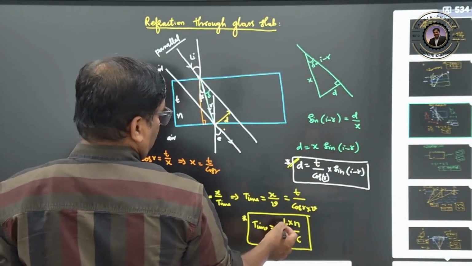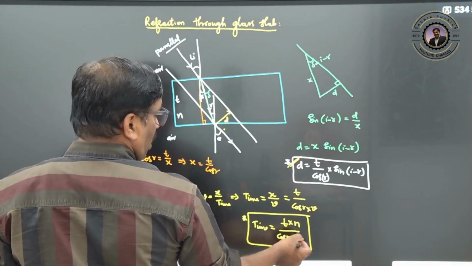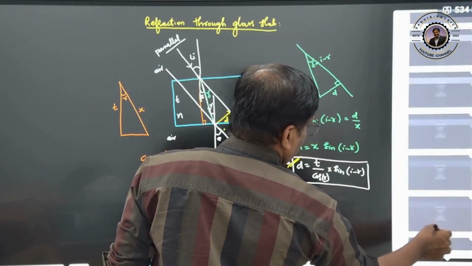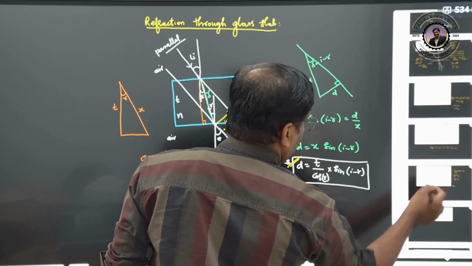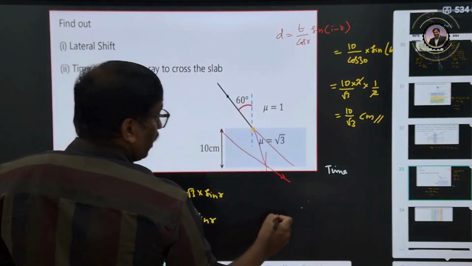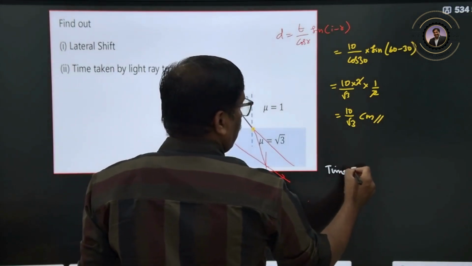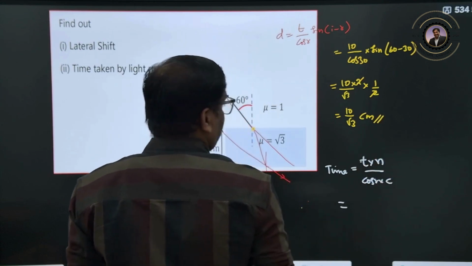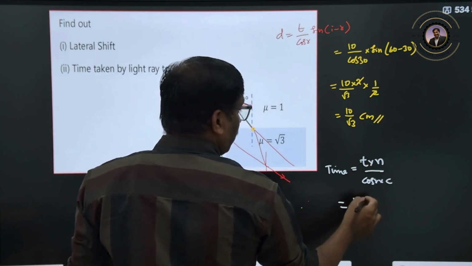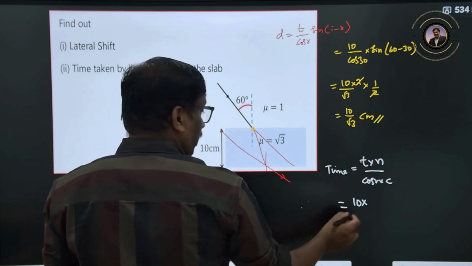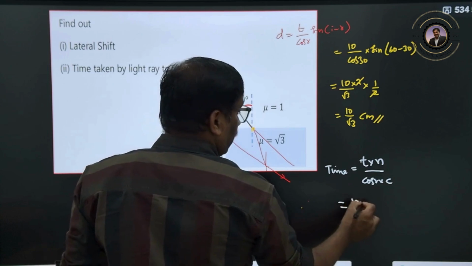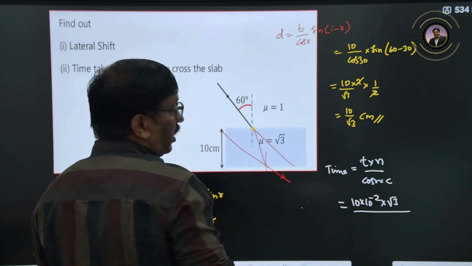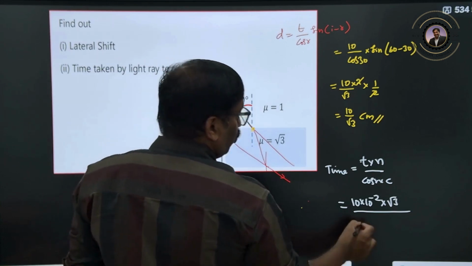Here time taken is nothing but thickness into n by cos r into c. So time taken will be equal to thickness into n by cos r into c. Thickness is 10 centimeter. Clear? So answer should be in terms of meters here: 10 into 10 to the power of minus 2. Refractive index is root 3, and cos r is cos 30, which is root 3 by 2,